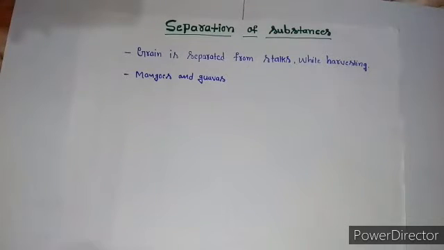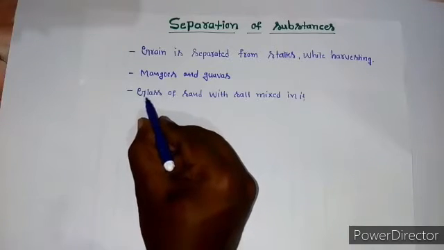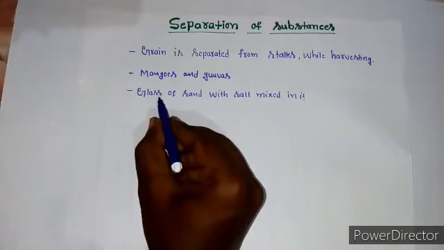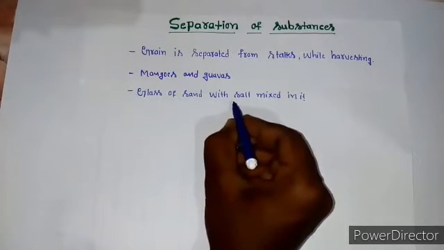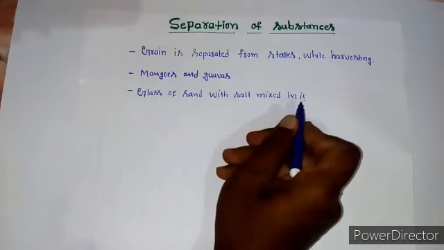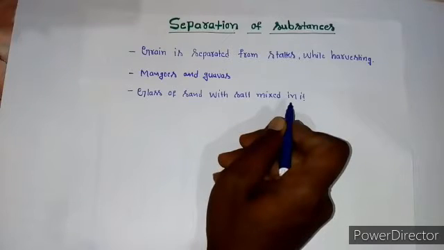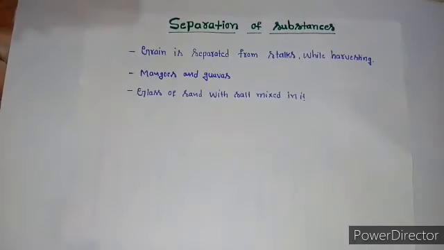Seems easy, but what if the materials we want to separate are much smaller than mango or guava? Students, imagine you are given a glass of sand with salt mixed in it. Impossible even to think of separating salt from this mixture by picking out grains of sand by hand. But why would we need to separate substances like this at all?